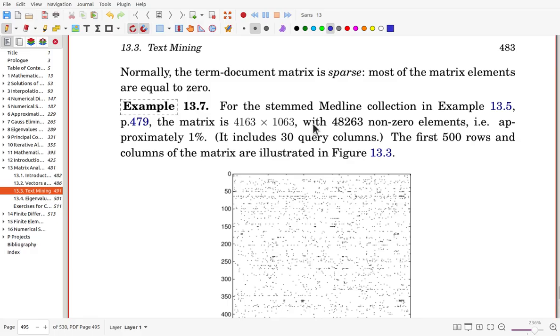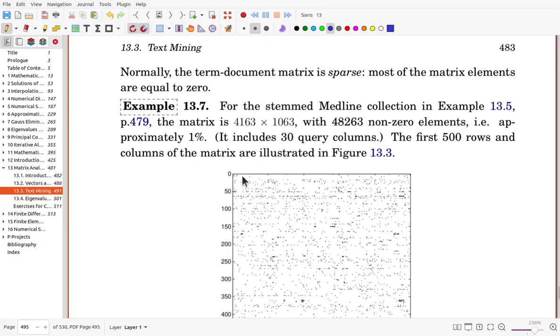And for the stemmed MedTable collection, there is a kind of medical application, so that some syndrome, along with the syndrome, some papers are collected, and then along with some query, we try to find the relevant papers. So abstract search and try to find the relevant papers. That's the purpose of this MedTable collection